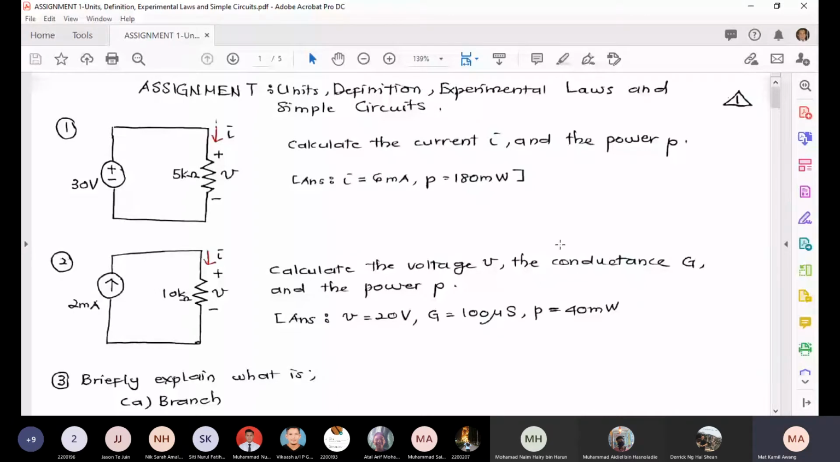You are given a circuit with a voltage source of 30 volts connected to a resistor of 5 kilo ohms. The question asks you to find the current I flowing through the resistor, and also the power absorbed by the resistor. The power absorbed by the resistor is the same as the power generated by the